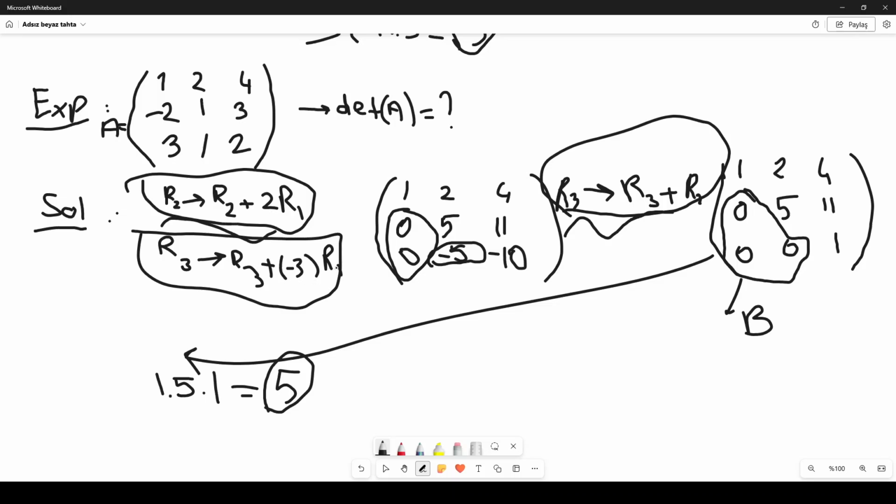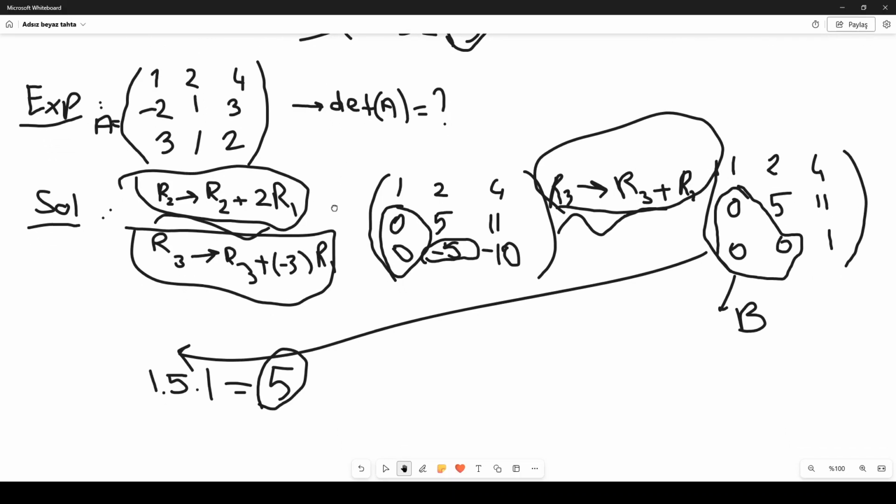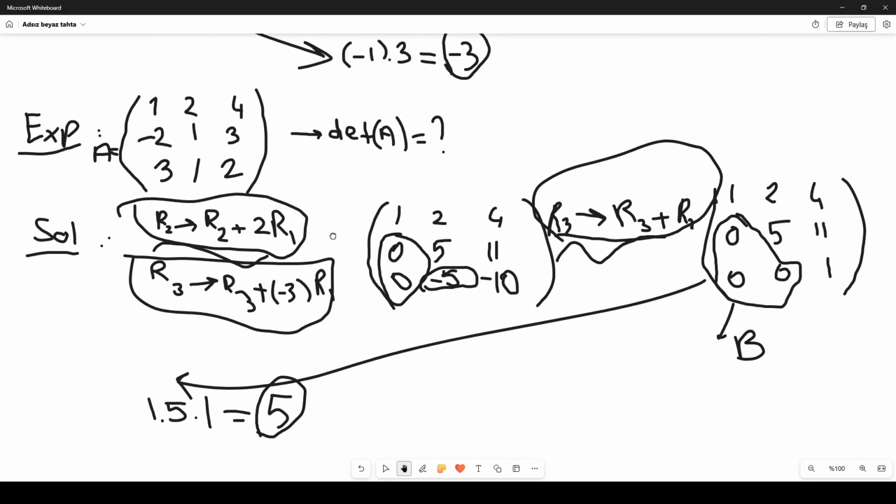And as you see, actually it is a very simple process. Since we are all familiar with the elementary row operations, then it would be very easy for us to compute the determinant of a given square matrix by performing these elementary row operations. What we need to do is just keep track of the type of elementary row operations we have performed and count the number of them,